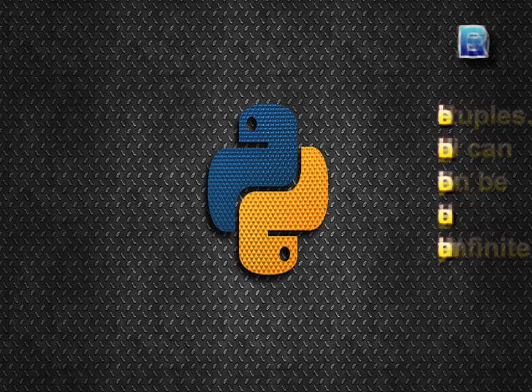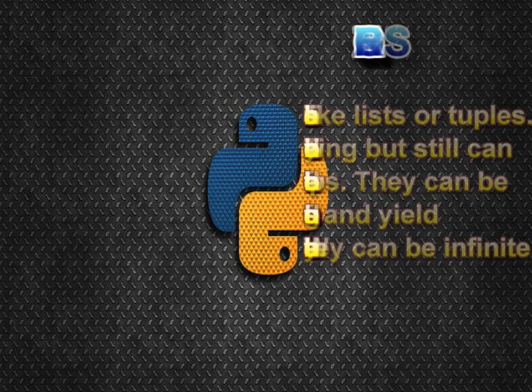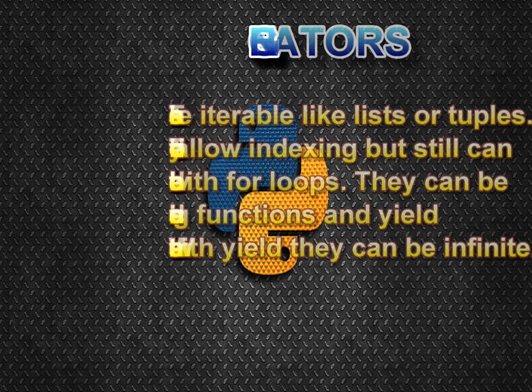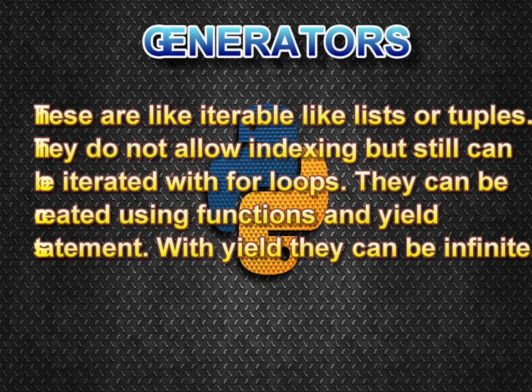The next type of function that we have available in functional programming is the generators. When we talk about generators, these are like iterable statements used with lists or tuples. Means these are similar to list and tuple but do not perform the exact functionality that list and tuple do. Like in list and tuple, we can give the index value and call according to that. But in this, it will not work upon that. It will work basically like a looping statement. That means iterating. Iterating means moving to the next step, and so on forward.